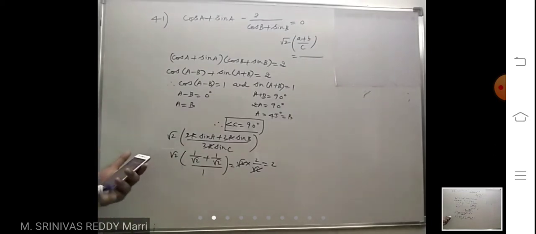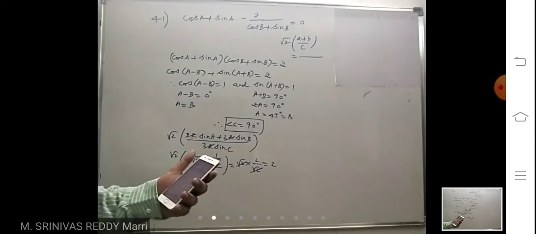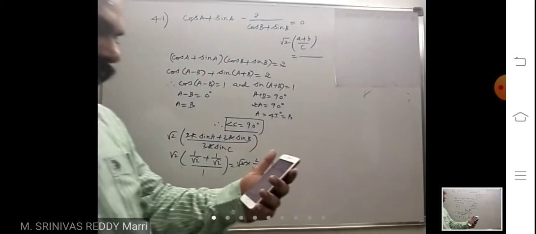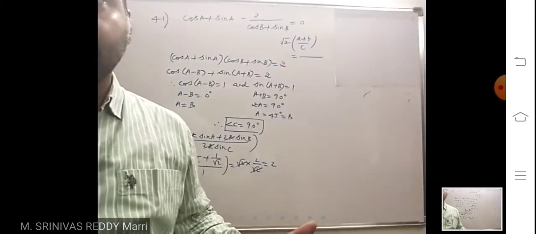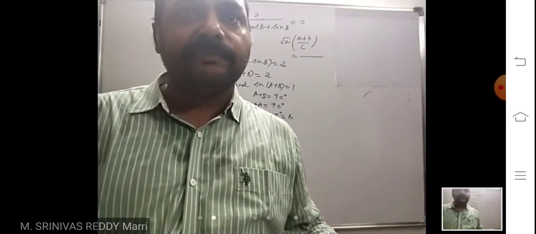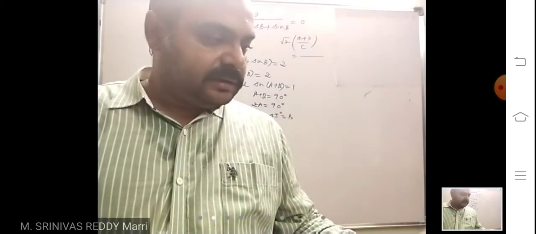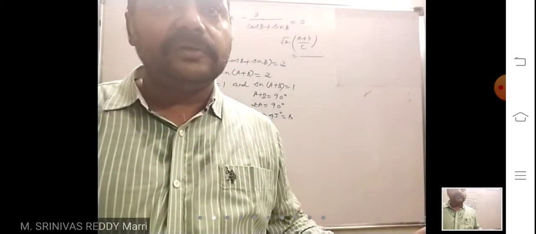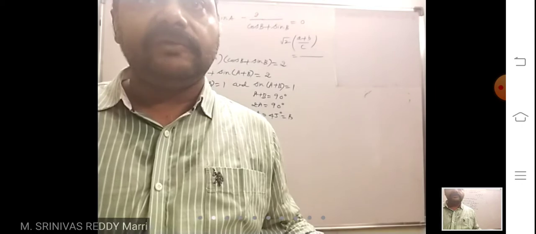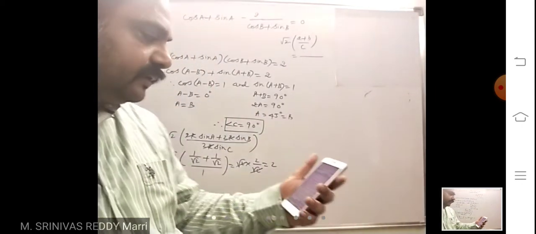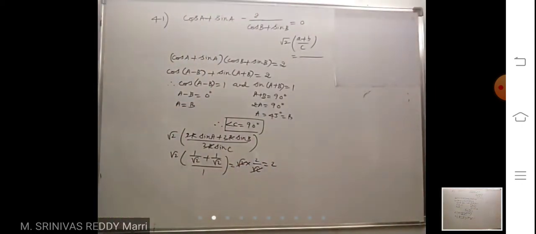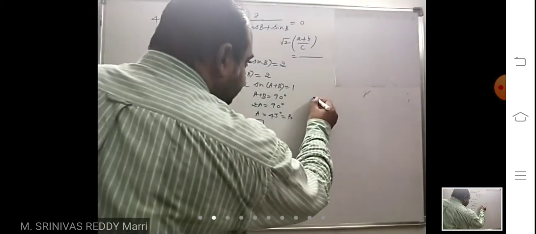This is question 41. 42 is a direct problem, right? 1 by R1 plus 1 by R2 plus 1 by R3 equal to 1 by R. That is the formula I told. That means 6 by K equal to 1. So therefore K equal to 6. Direct problem. 42 done. 43, look at.